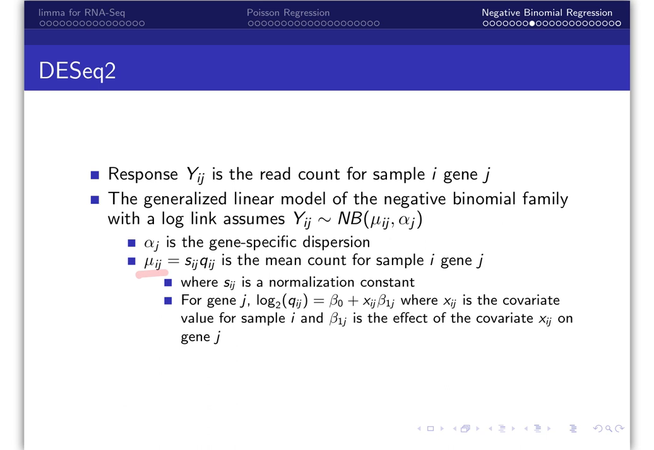In most cases, S sub ij is equal to S sub i. That is, the same constant, S sub i, can be used for all genes in sample i. The negative binomial model also includes a dispersion parameter for each gene, alpha sub j. The linear part of the model assumes that the log of q sub ij is a linear function of the